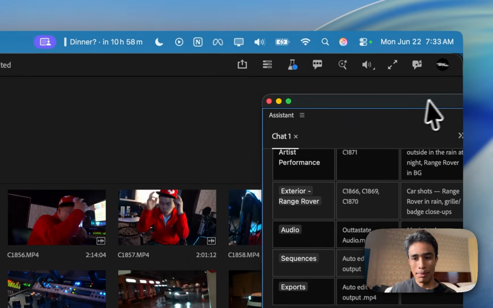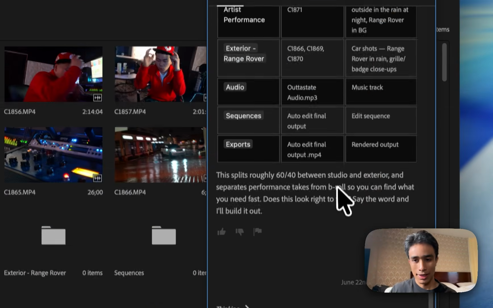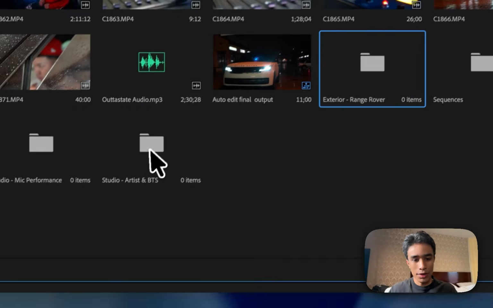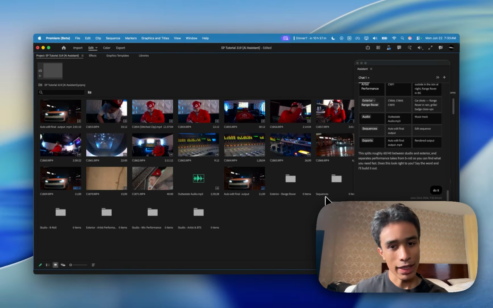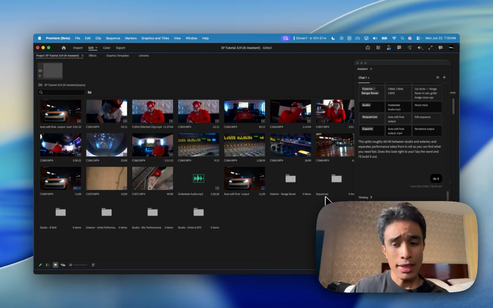Okay, so you see, it just made all those folders, which is kind of crazy. All these folders over here, it made automatically. And then I'm assuming it's gonna organize all these clips into them. So this is real time. I'm not speeding up anything. It's loading in real time, and I'm just trying to wait to see if it does it. We're doing a pretty basic task of footage organization. So apparently it's not supposed to do